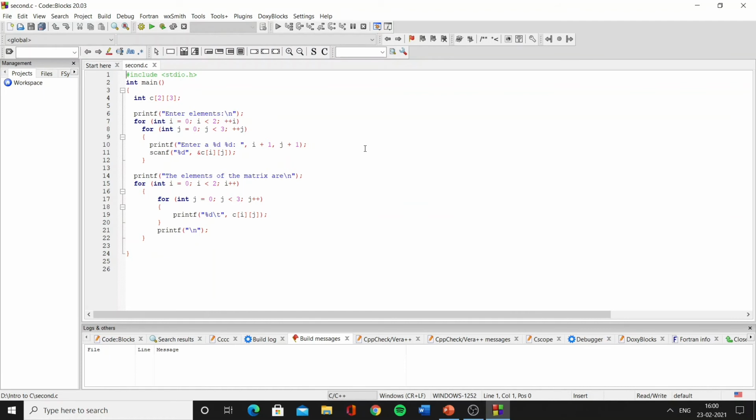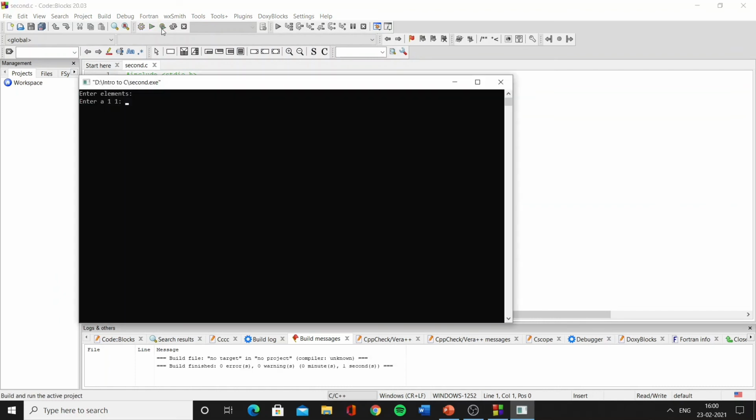But the most common method of initializing a two-dimensional array is using two for loops. As you have seen in the 1D array, we use one for loop both for printing the numbers and for helping the user to enter the numbers. In this case, we will use two for loops for helping the user to enter the numbers and to print the values as well. So now let's run this program and we will enter the values like 2, 3, 4,